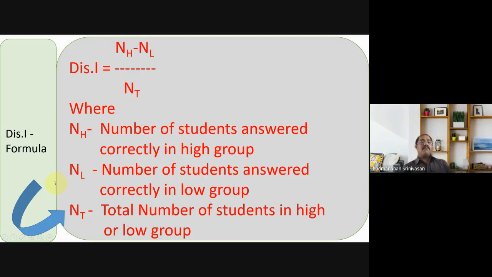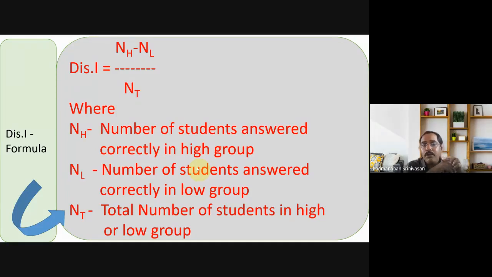So this is the formula, which means that from the sample, we have to segregate two groups. What are those two groups? The high group and the low group. How to do that, I am proceeding. In difficulty index, we have not separated groups. We just took the total students, say 10, and saw how many answered a particular question out of 10. With that itself, we calculated the difficulty index.